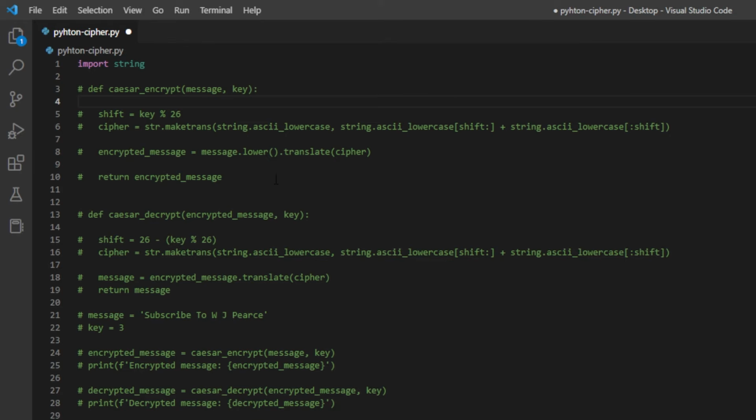So starting with line 1, import string, you're probably thinking, why do I need to import string? Doesn't Python already have the functionality to work with strings? Well, yes and no. It has very basic functionality to work with strings. The additional string library, by importing it, gives us the opportunity to manipulate and kind of contort the way we work with strings on a more complex level, which is what we need if we're going to be doing